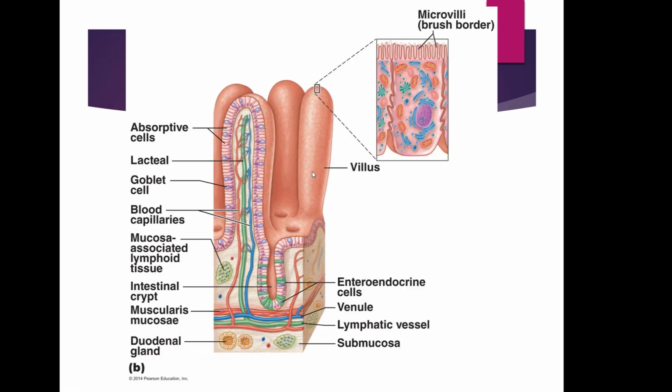This picture shows what a villus looks like. So here is the mucosa of the small intestine, and these are the little peg-like extensions that go in there to increase surface area for absorption. This is all simple columnar epithelial tissue with goblet cells all around here. And so as the